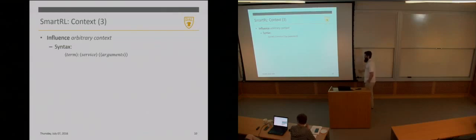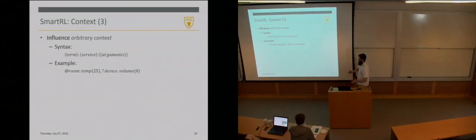So up until now we invoked smart services, we referenced context, albeit from the user or arbitrary entities. So in many cases it's also useful to directly influence arbitrary context, right? Obviously you can do that manually by invoking the service call construct that I introduced in the beginning. Again, we found it very useful to have some syntactic sugar there, so we don't have to write down that service call all the time. Well, actually, writing down that service call would also imply that we would have to write down the entire expanded expression leading up to it.